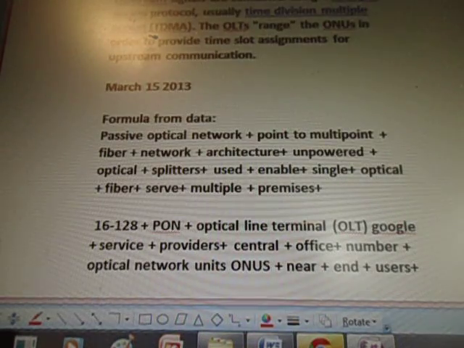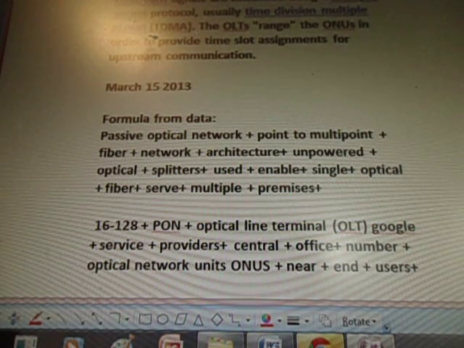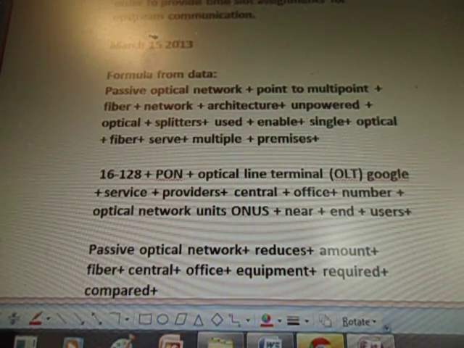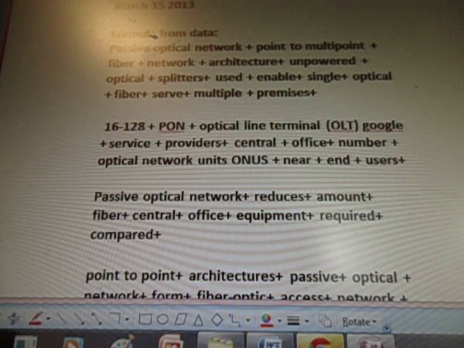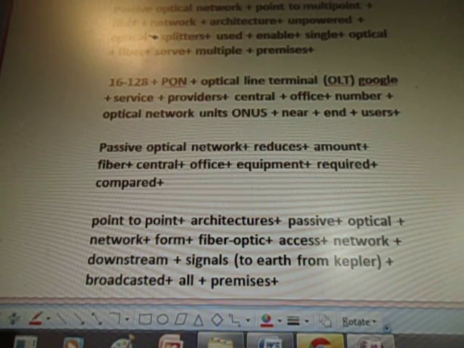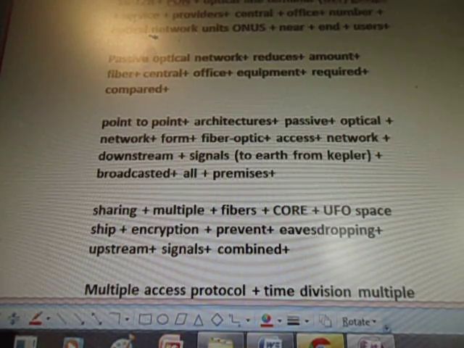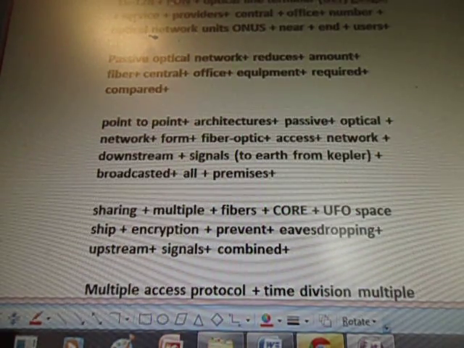March 15, formula from the data. Passive optical network, point-to-multipoint, fiber network architecture, unpowered optical splitters used enable single optical fiber serve multiple premises, 16 to 128, PON, optical line terminal, OLT, I'm going to Google that. Service provider's central office, number, optical network units, ONUs, near end users, passive optical network reduces amount fiber, central office equipment required compared point to point, architectures, passive optical network form, fiber optic, access network, downstream signals to Earth from